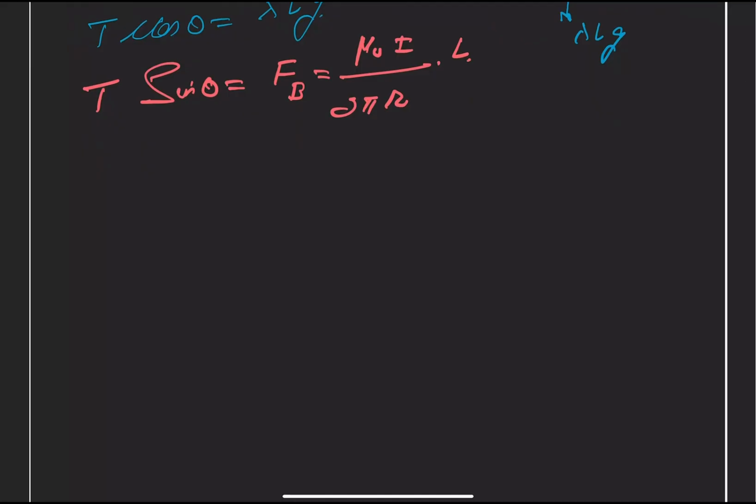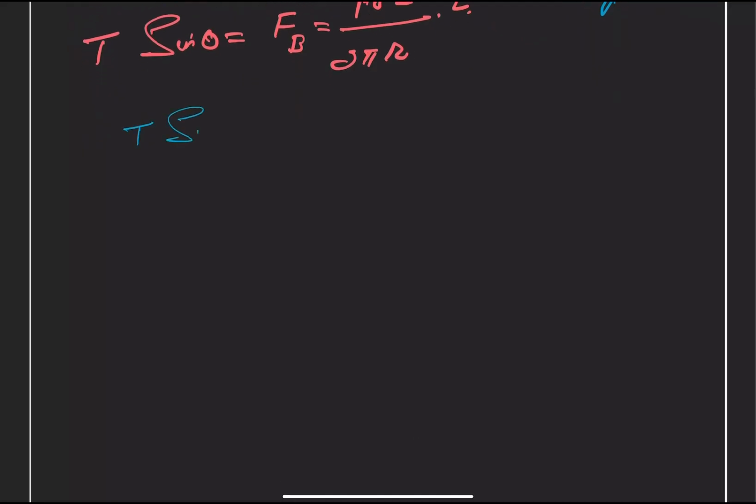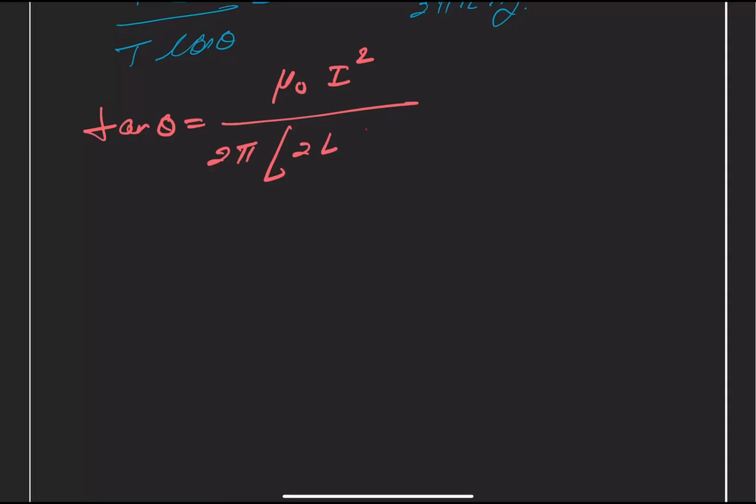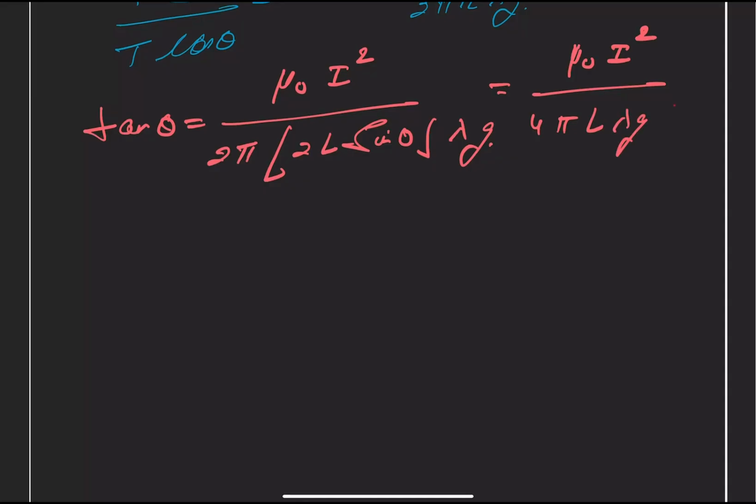So if we divide them, we can write that T sine of theta divided by T cos of theta will be giving us tangent of theta and is equal to mu naught I square, and we have 2 pi r lambda g, and our r is 2L sine theta. So we substitute it, we get tangent of theta is equal to mu naught I square, we have here 2 pi and this is 2L sine of theta lambda g. Okay. And we can just further solve it, we get mu naught I square, this comes as 4 pi L lambda g sine of theta,